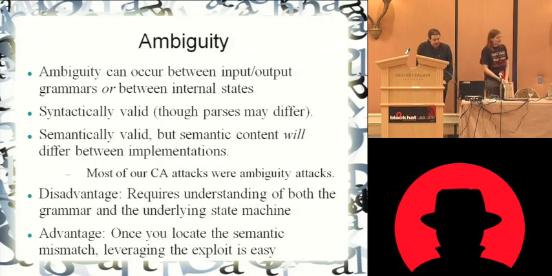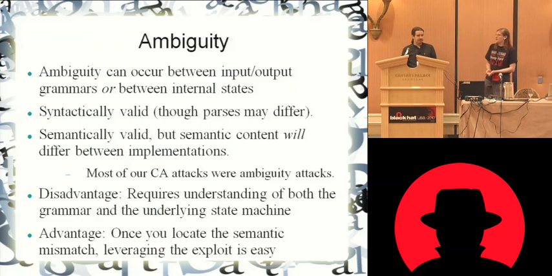It was syntactically valid in both dialects. The parsers were in fact different. It's also semantically valid, but what the sender intended and what the receiver understood, the semantic content, the data, if you will, those will differ between implementations in an ambiguity attack.